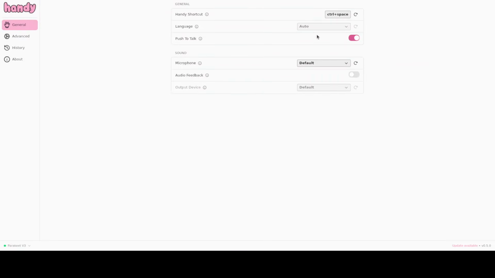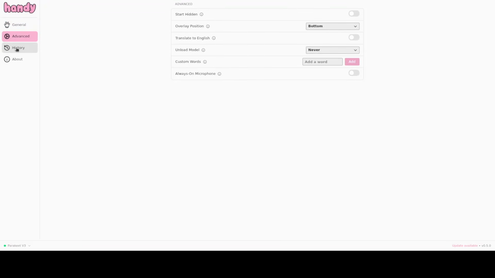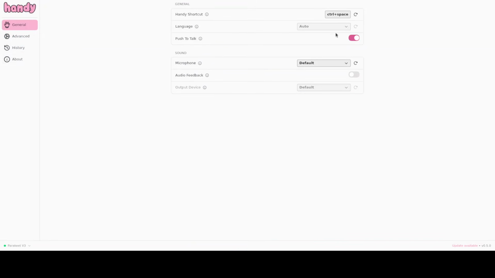Okay, and from here it is going to detect the language. Control plus space is how it works, and you can also do push to talk. There are some advanced stuff where you can translate to English, and there are various languages it also supports. Okay, so I'm just going to keep it like this,